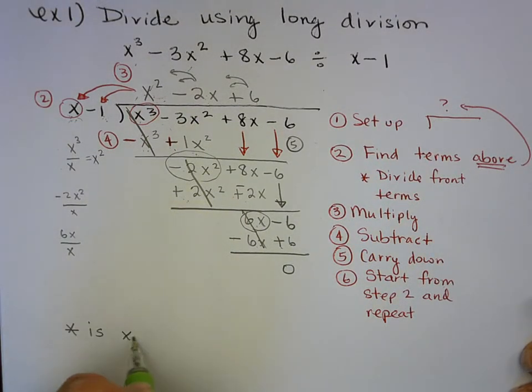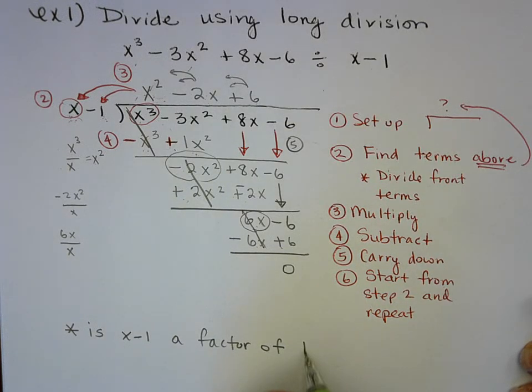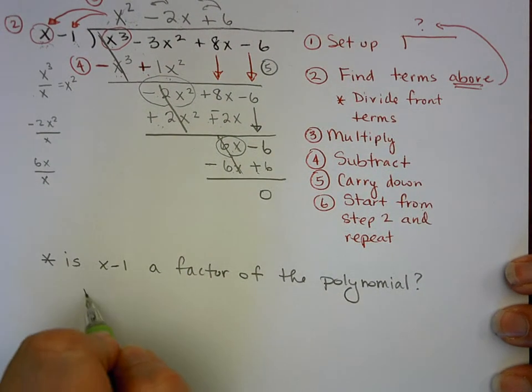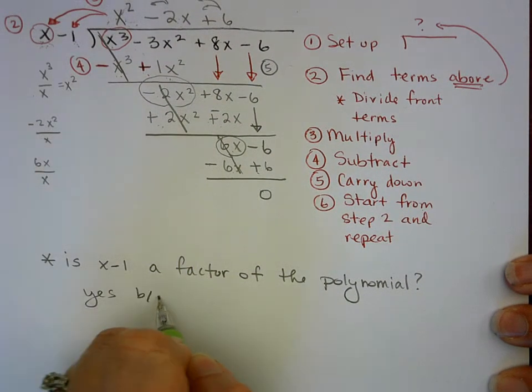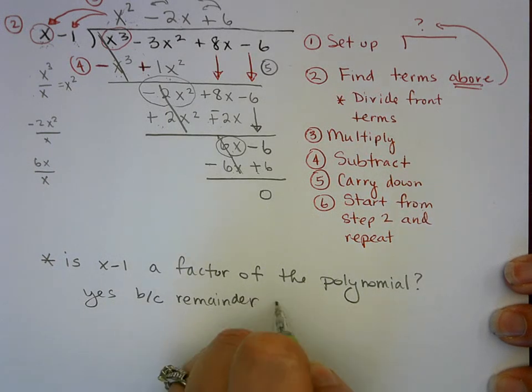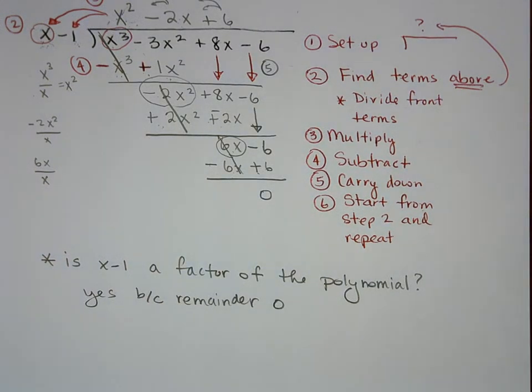Okay? Yes. So now here's the question I'm going to ask you. Is x minus 1 a factor of the polynomial? Yes. No solution. Okay, so Parker, you said yes. How come? Because the remainder was 0, there's nothing there. But if there was a number like a 1, then it would be no solution. Okay. All right, and then that